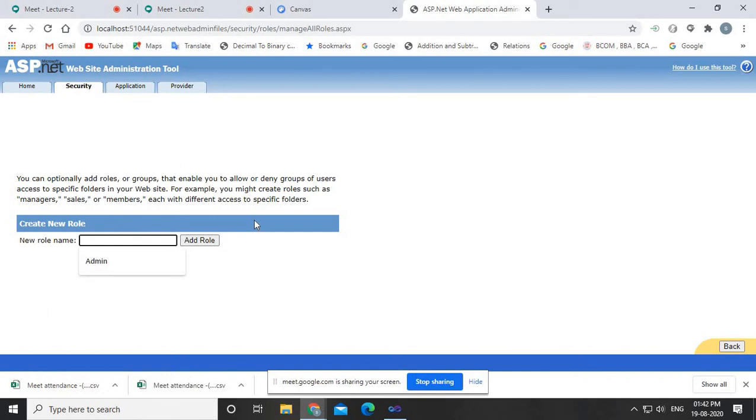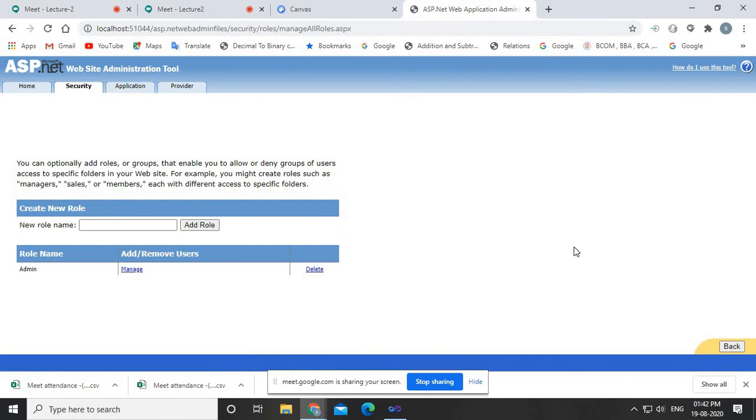Then what will be the name of that role? I just want to create an admin role, right? See, any name you can give, right? That can be, you know, clerk, accountant, right? So the person who is actually using your website, everybody can be a role, right? For example, if we are talking about our college, then Falguni ma'am and some other clerks are there. So the clerk will be one role, accountant will be another role, then faculties will be another role, students will be another role, right? So depending on your application, you can create different roles.